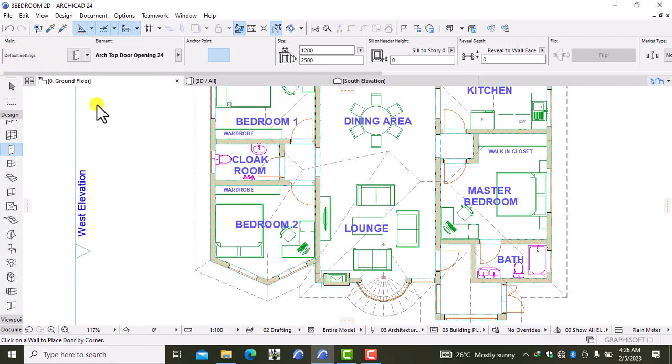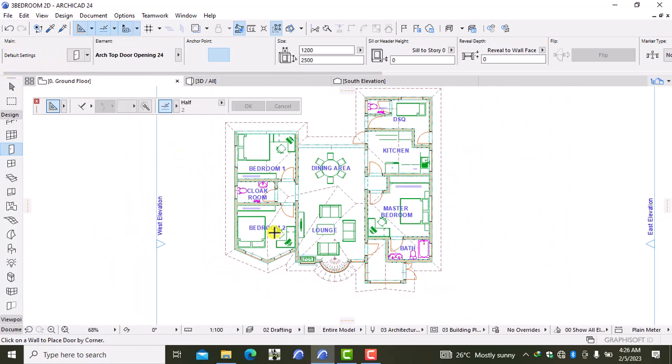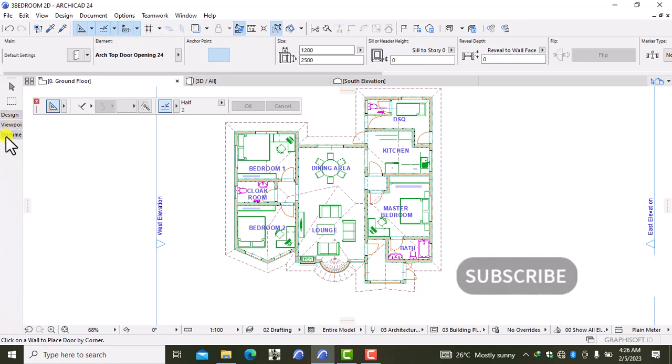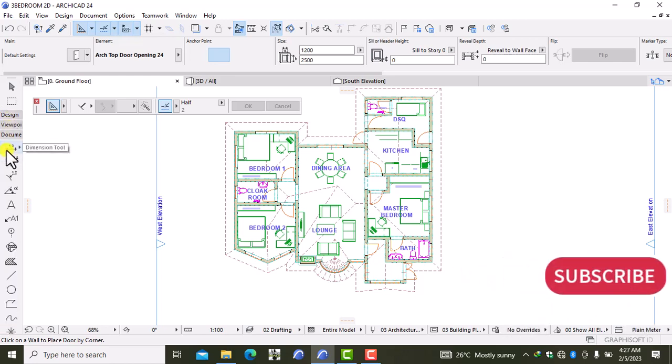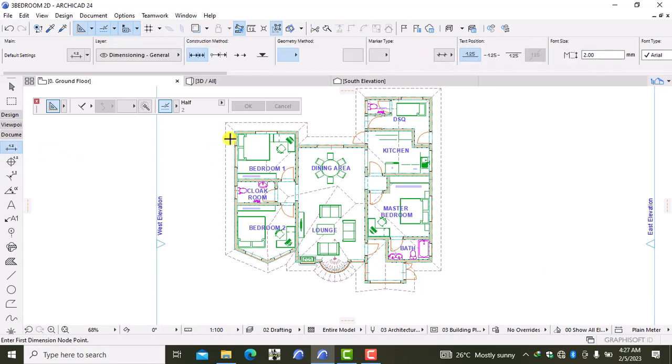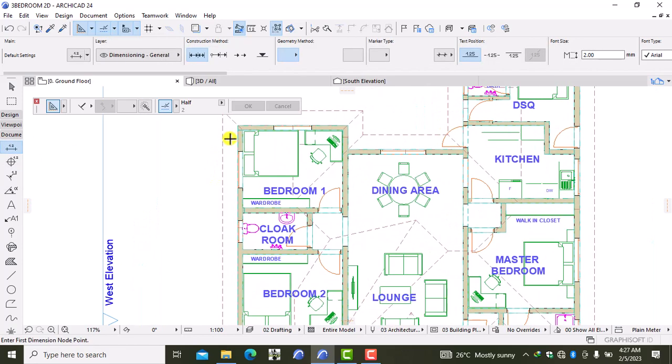So back to the ground floor. The other thing that is remaining is the dimensioning of this. In order to do dimensioning, you also use the document tool over here. You have this very first tool over here. This is the dimensioning tool. You can just click on it, and then if you want to do an interior dimensioning of this, you can come